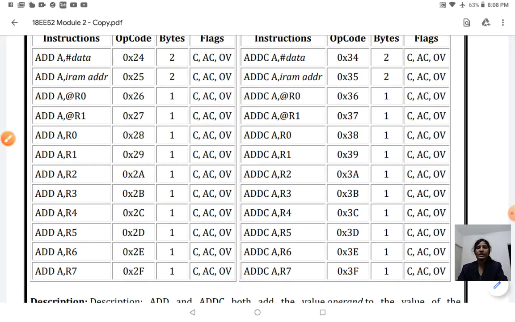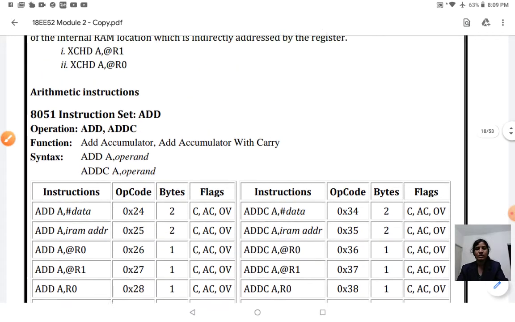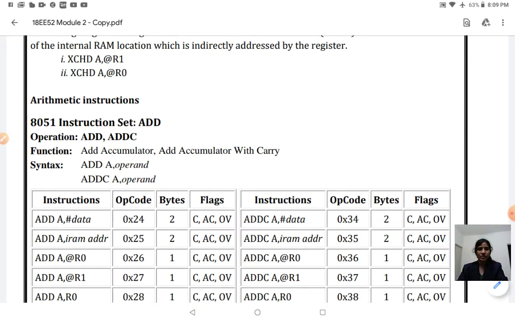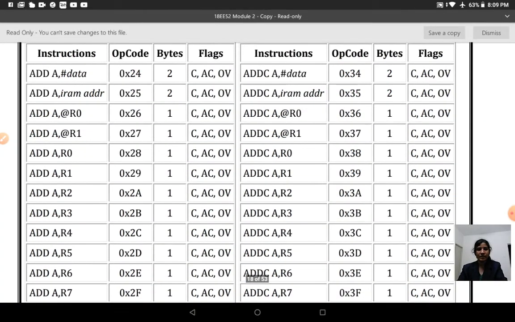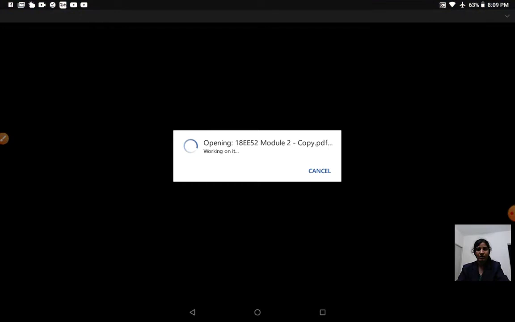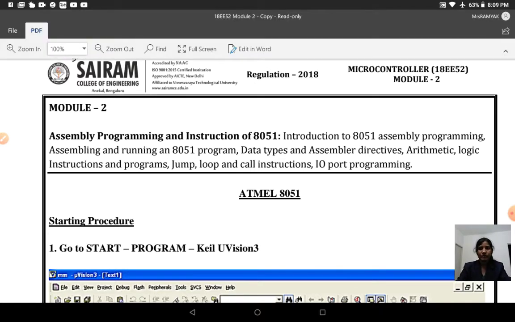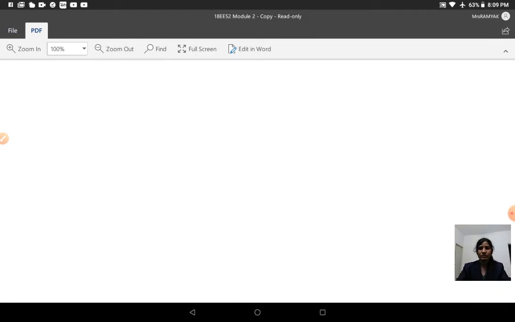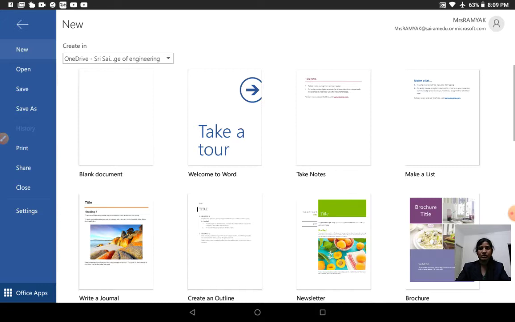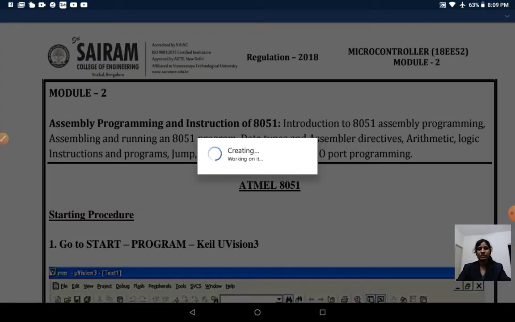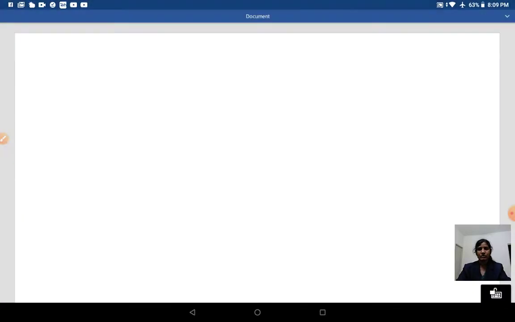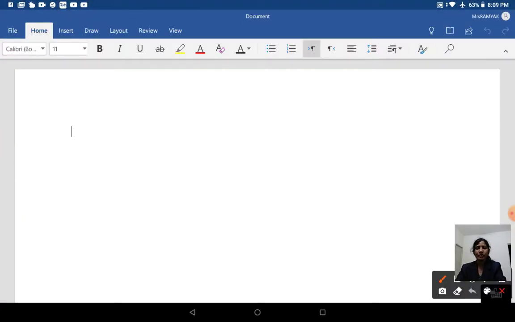I'll write one program using the add instruction so that you will get a better understanding. I'll open a new blank document.